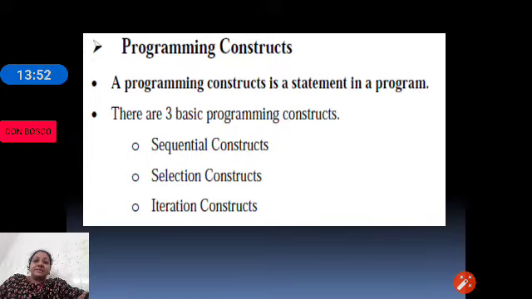And now we will see the 3 types of programming constructs. Programming constructs are nothing but the programming statements, the different types of programming statements.